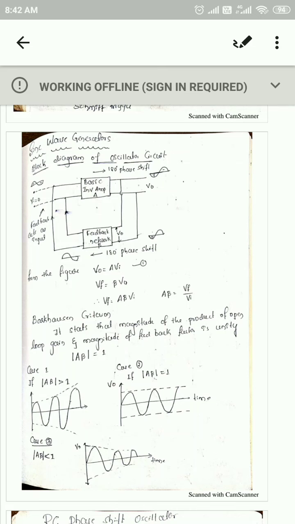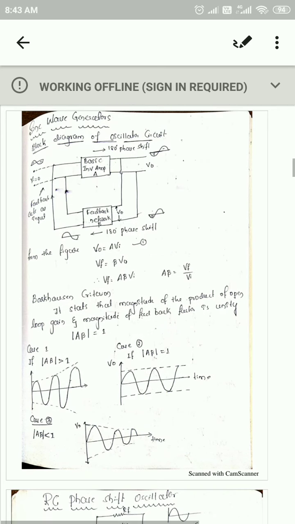Once you hear about the sine wave generator, the one thing that comes to mind is the RC phase shift oscillator, or any phase shift oscillator. You already know the criteria to produce oscillations in the RC phase shift oscillator. Today I will explain that basic criteria, and then go on to the derivation and working principle of the RC phase shift oscillator, and so on.